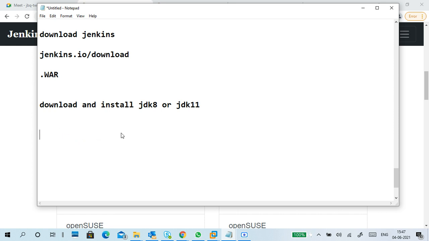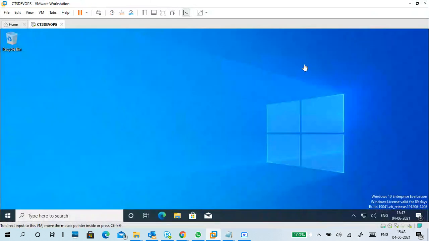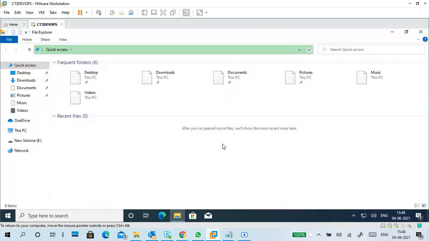So we'll see the environment variables directly, so why should we type everything. I already copied the JDK that I downloaded into the E drive.